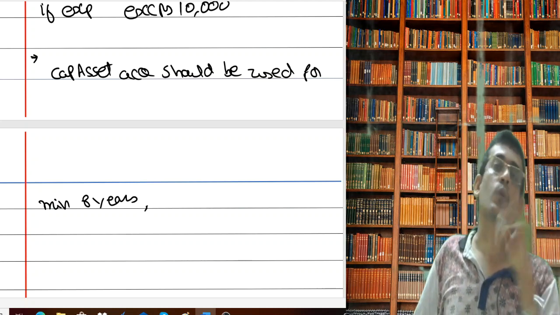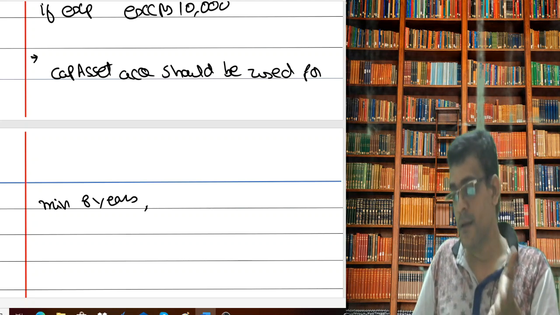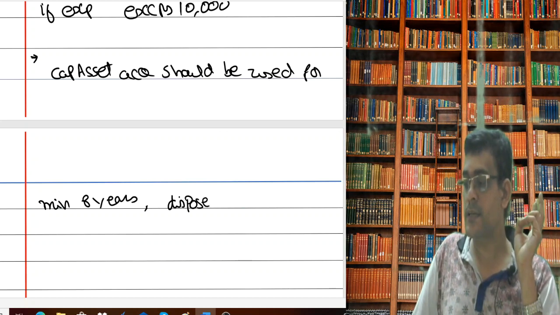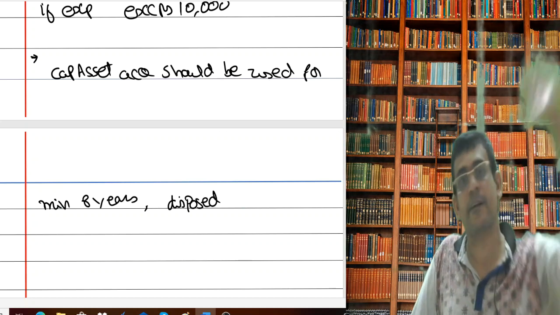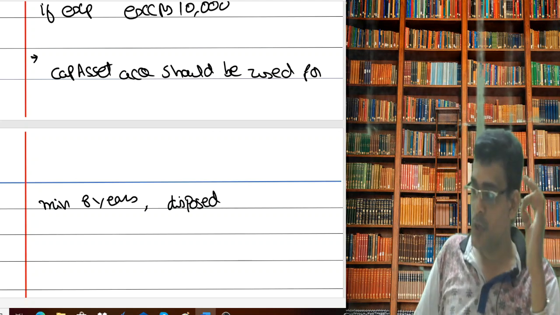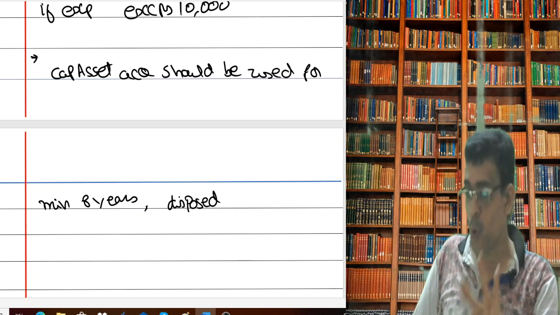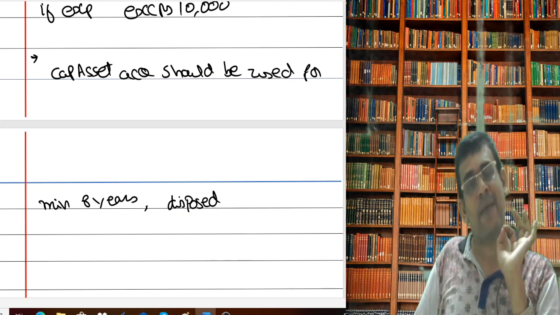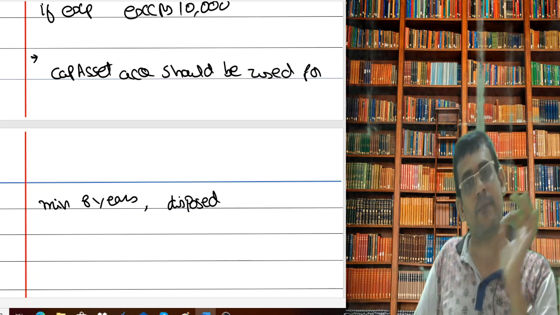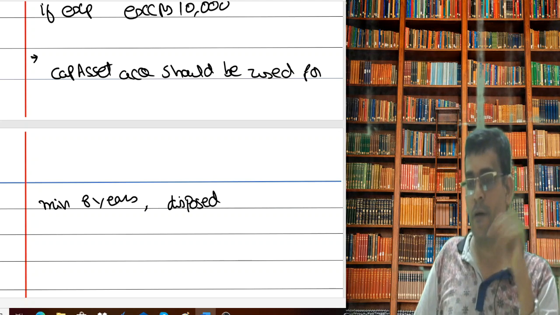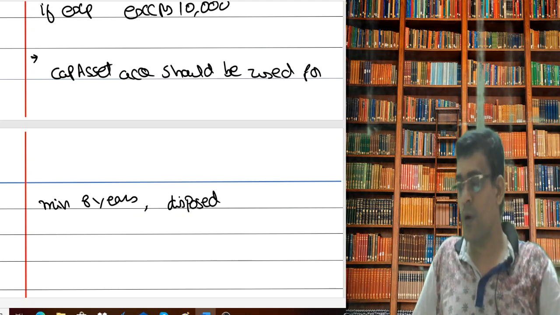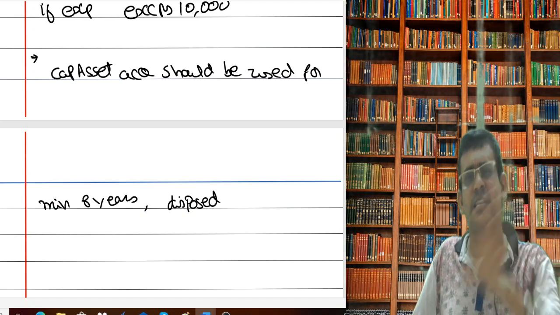What happens if I sell within a period of 8 years? If the asset is disposed, you need to link this to section 28. This point we have covered there. If the capital asset is disposed or discarded or demolished, whatever amount of deduction allowed earlier will be taxable. When we discussed section 28, we discussed the amount allowed as deduction: 100% of the actual cost.